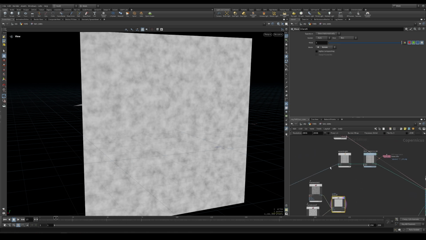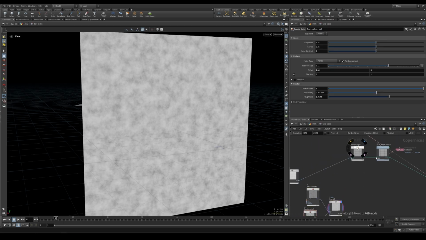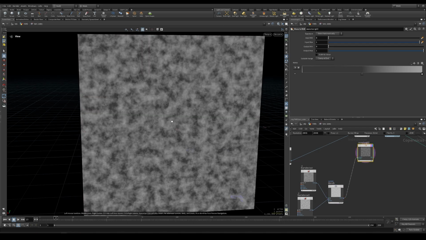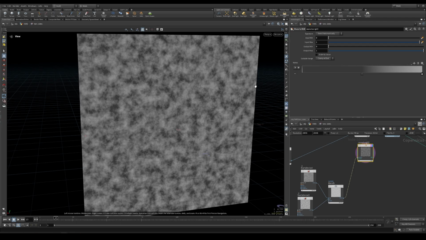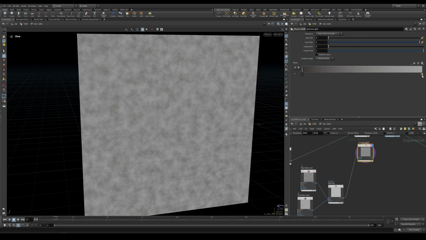So altogether we do have this result, and basically we want to add this to the base color with another mono to RGB. So let's move this out of the way, duplicate the mono RGB for the grid, and plug the noise this time. So we do have this kind of mapping. And for this one, I actually want to create some, maybe gray, but with a little bit of dirt component in it. So I don't know, maybe something like this